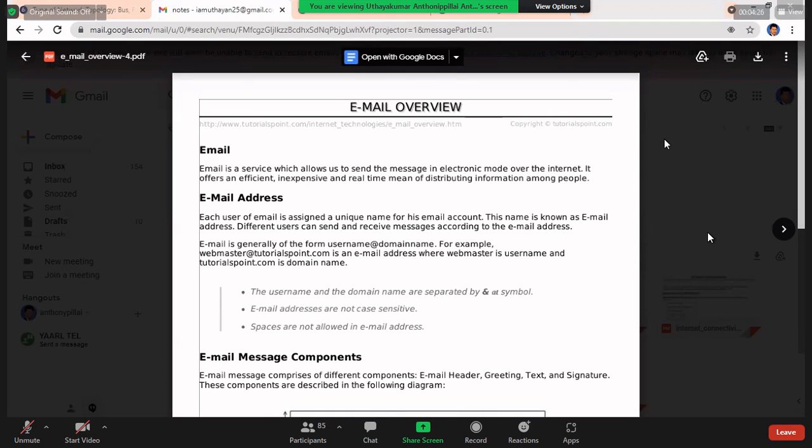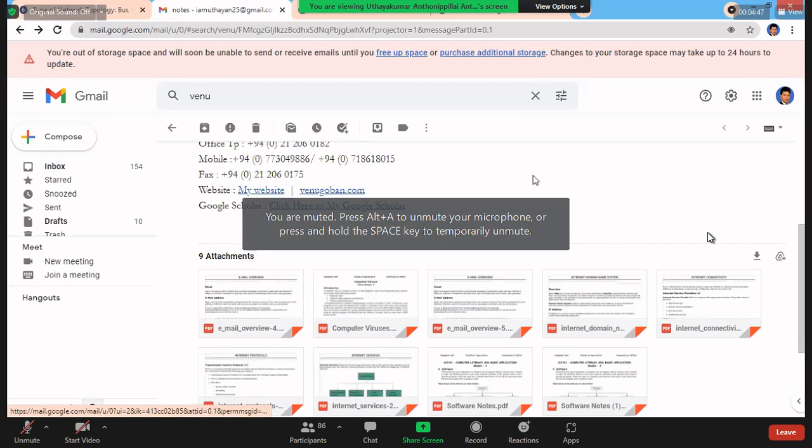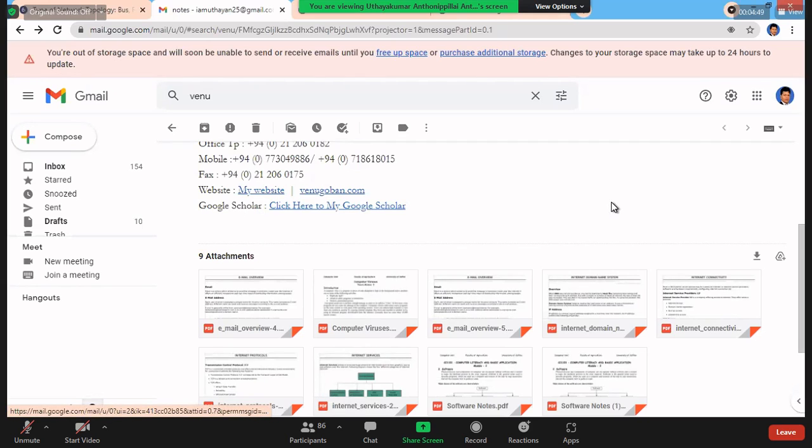So for every email we can classify which is the username and which is the domain name. The username and domain name are separated by @, right?